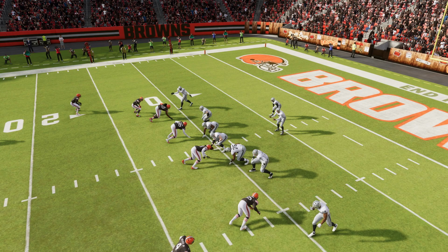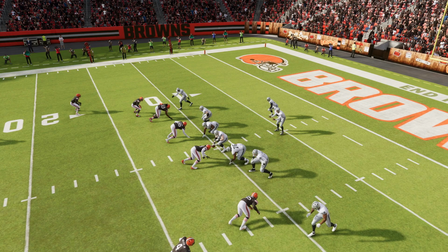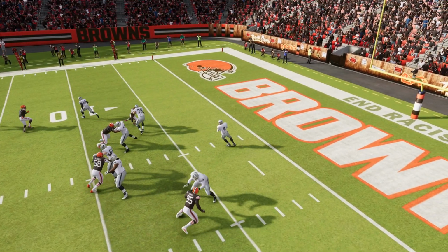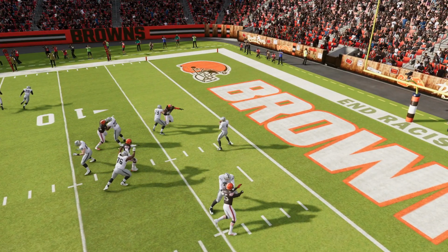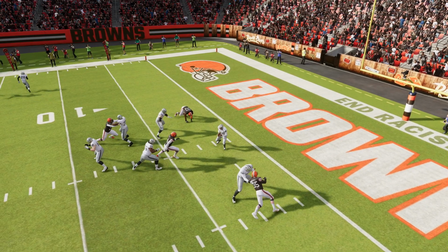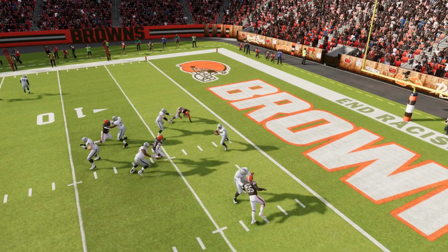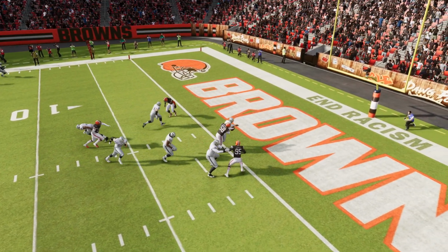In today's video, I wanted to discuss how quarterbacks react to pressure within Madden 22. First, I want to start off with an example of a CPU-controlled quarterback reacting oddly to the pressure that's coming at him. Now, I'm not saying that quarterbacks should not react to pressure that's coming at them, but what we're going to see here is a little bit odd in terms of how we actually react to that